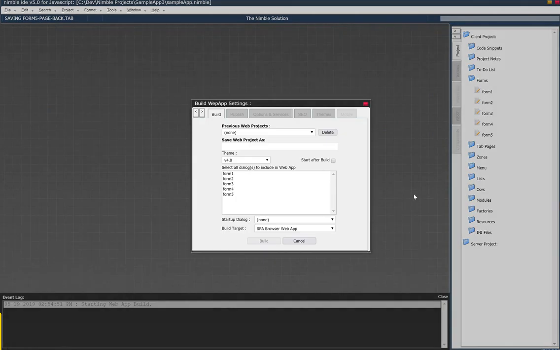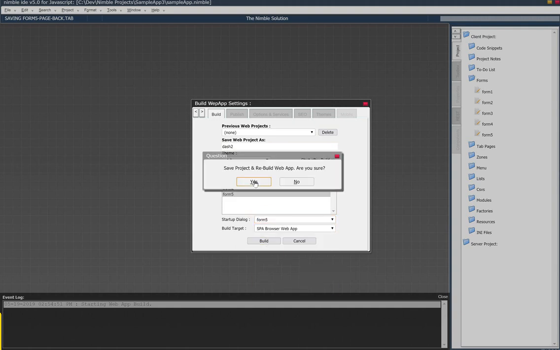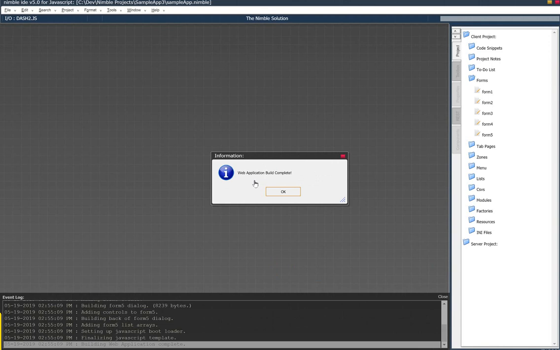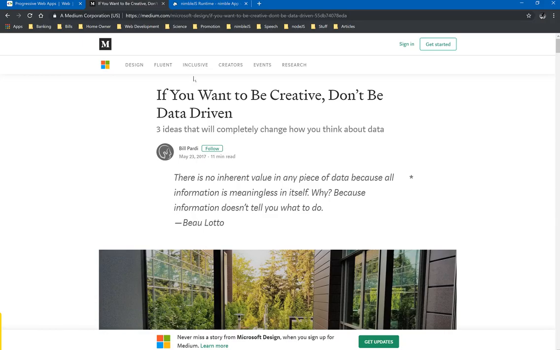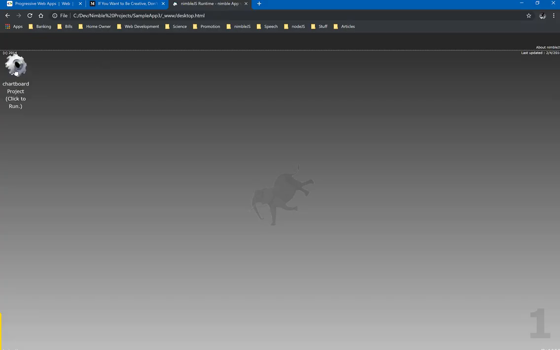An important part about the use of, let me just build this for you. The important part of using web components or the custom interfaces from libraries to build web files for Nimble is the fact that you can get a jump start on how the application is going to look, how the data is going to be displayed, and give you a good preview of how it will behave when it's completed. I will show you after we preview this project, I will show you the event